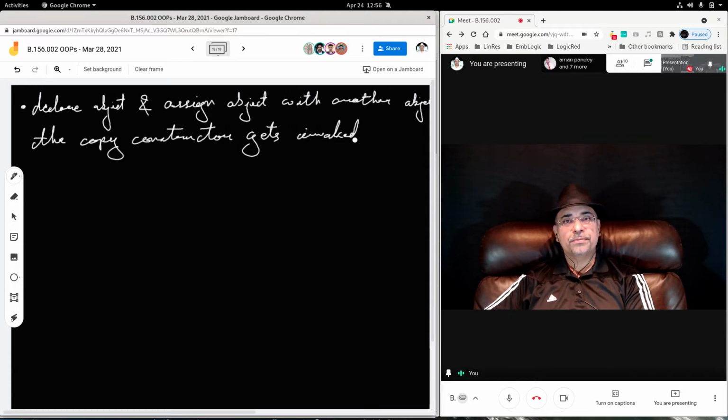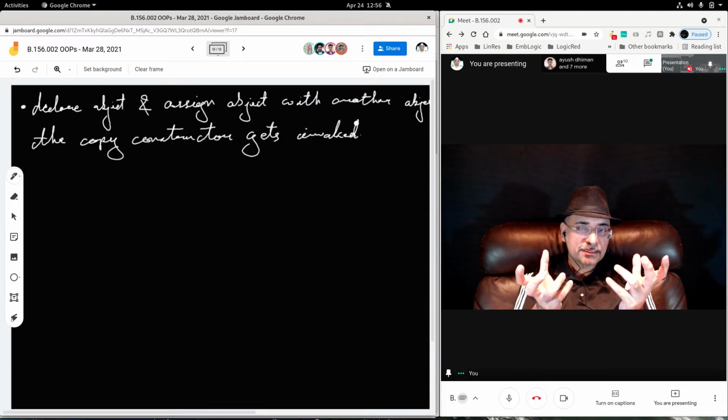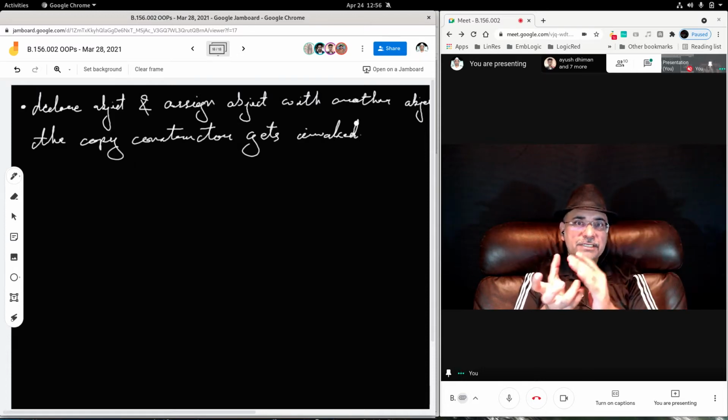The copy constructor gets invoked automatically when you declare an object and initialize it with a previously declared object.